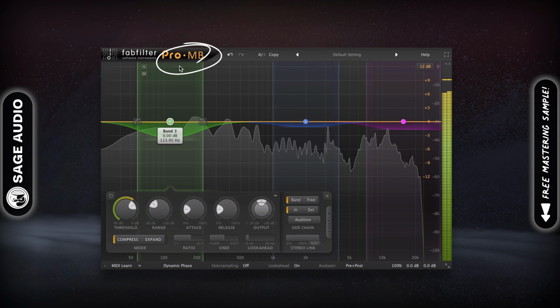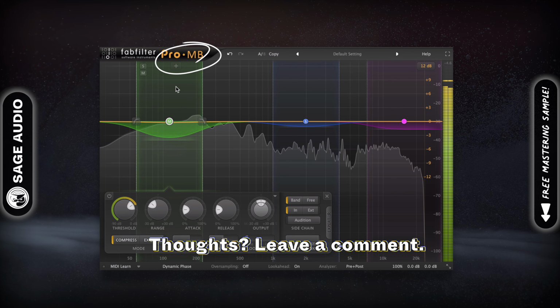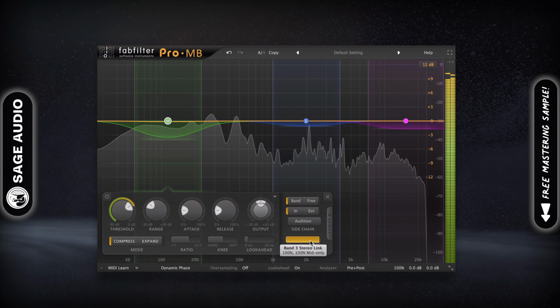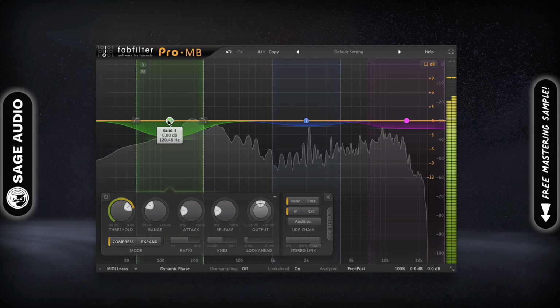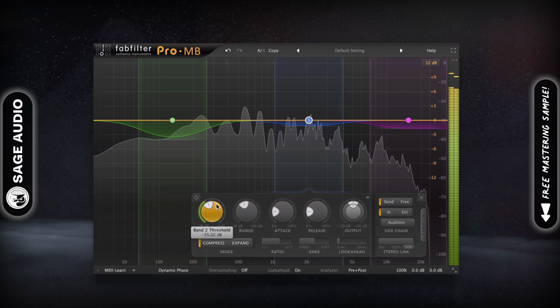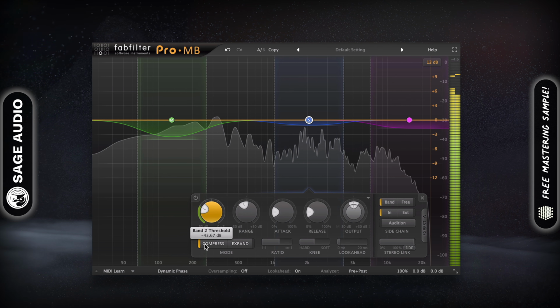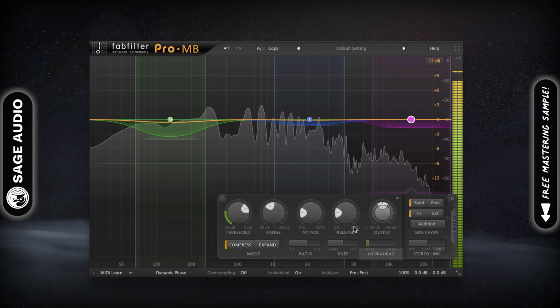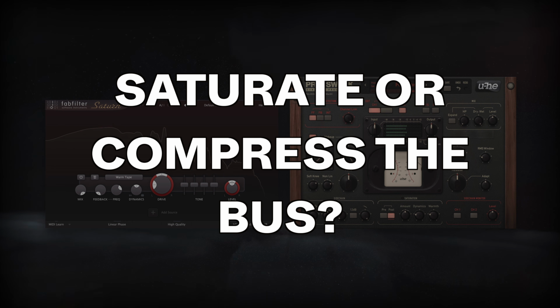Using the FabFilter multi-band plugin on a mix bus, I can target the lows, mids, and highs. For the lows, I'll make the band mid and find where the bass interferes with the kick to try and tame that. For the mid range, I could compress the side around the vocal's range to make the mid vocal louder in comparison. And for the highs, I could tame the mix if it was sounding shrill by introducing a shelf with a longer release.